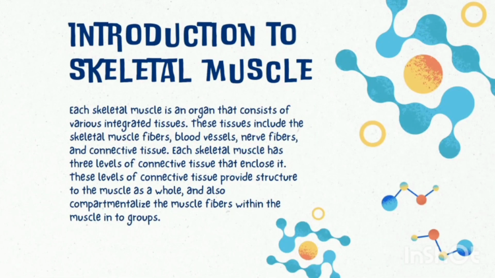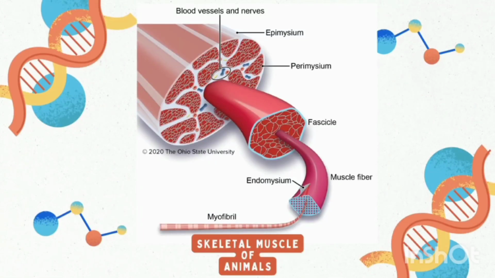Okay, an introduction to skeletal muscle. Each skeletal muscle is an organ that consists of various integrated tissues. These tissues include skeletal muscle fibers, blood vessels, nerve fibers, and connective tissue. Each skeletal muscle has three levels of connective tissue that enclose it. These levels of connective tissue provide structure to the muscle as a whole, and also compartmentalize the muscle fibers within the muscle into groups. This is the picture of a skeletal muscle of animals, and we will be going into